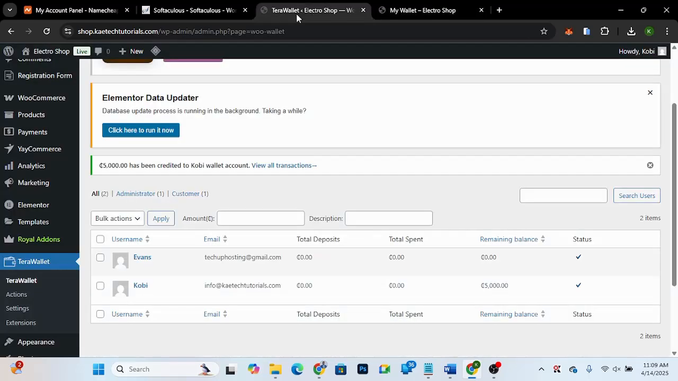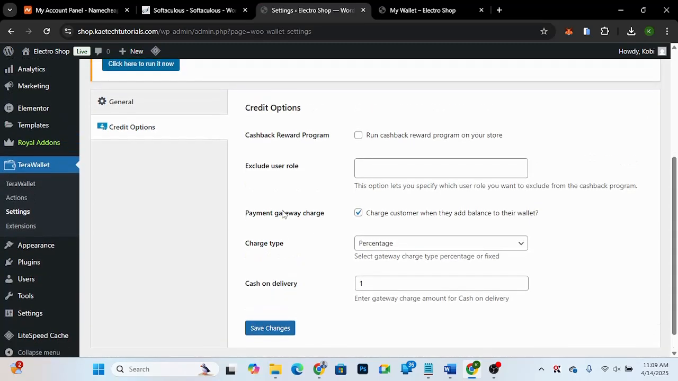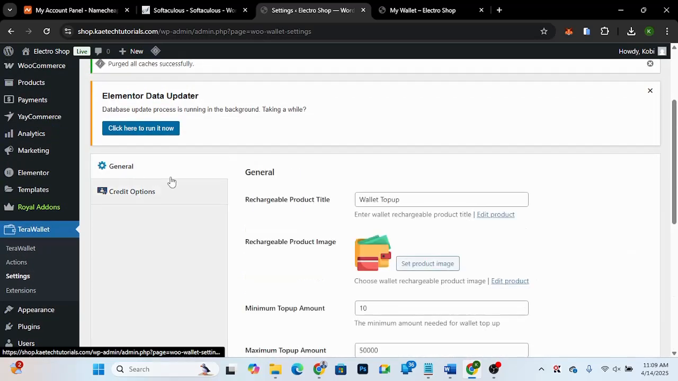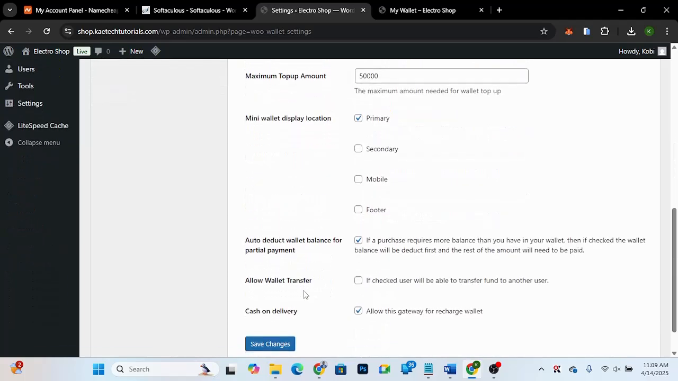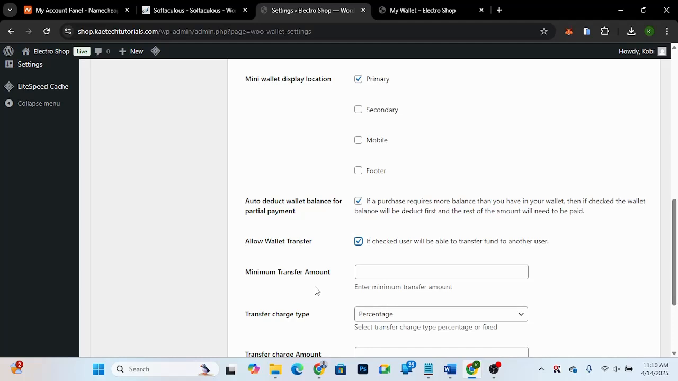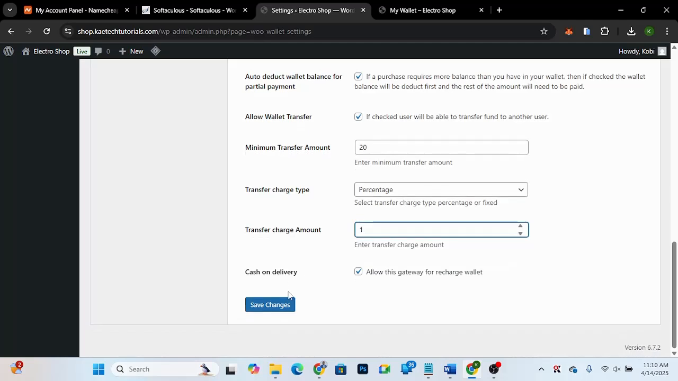Now let's go back over here, and then we're going to go to the settings. Okay, let's go to the settings first, and let's see. So this is the percentage amount that we set for it. Now let's go over here. Okay, so allow wallet transfer. We can set this one over here, and you can set a minimum amount for the wallet transfer, which might be maybe 20, and then a transfer charge, if you want one. I would say maybe 1%, and then I can go ahead and click on